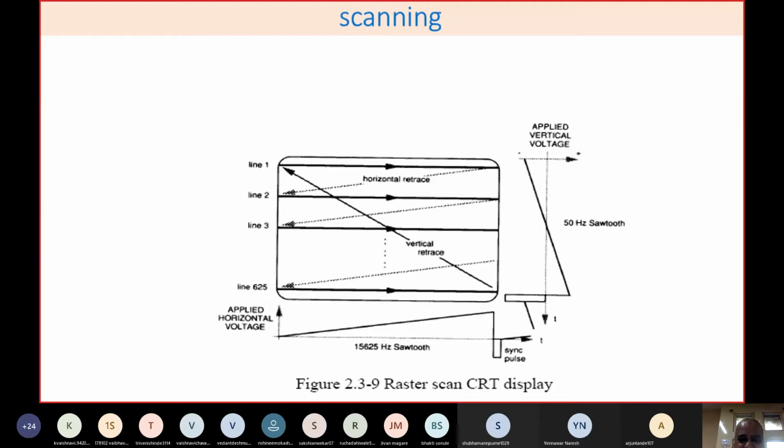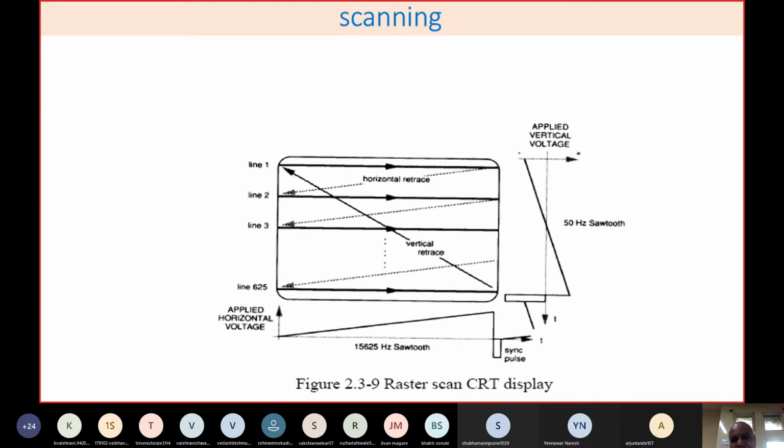Now coming to this particular part, I believe you know scanning, but still I'll just go fast over what exactly scanning is. Because of scanning only is any picture possible to show onto your screen, and your screen is divided into a number of horizontal lines and vertical lines. That will also depend upon whether you are using PAL standard or NTSC standard. Depending upon this, the number of horizontal lines and vertical lines differ, but the basic principle of scanning remains the same.